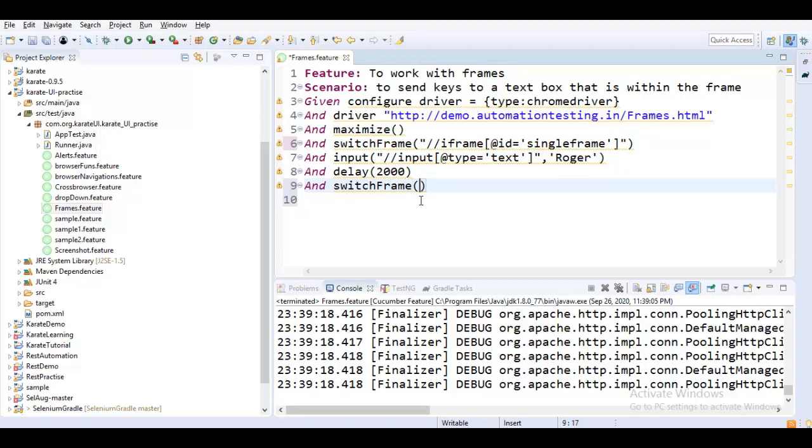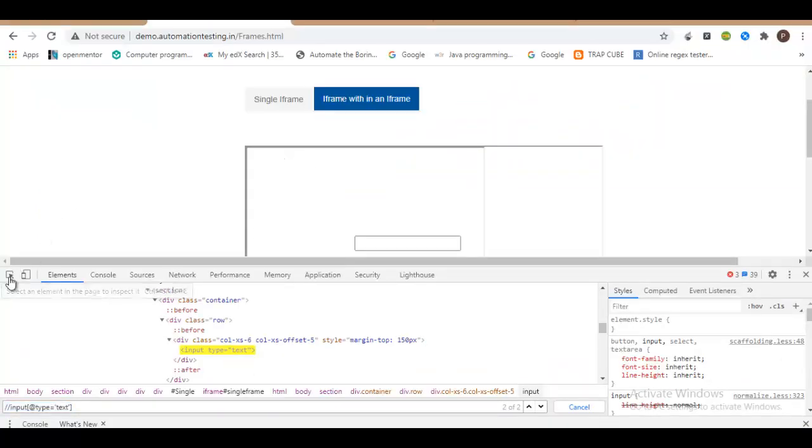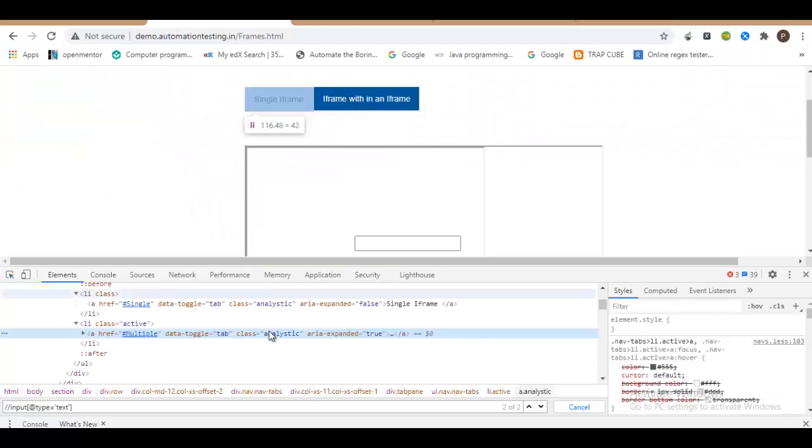It was already told in the documentation that in order to switch to the default content from the current frame, you have to pass either the value null or a negative integer value, which is -1. So let's try with null and then click on that button to see whether or not we navigate to the other nested frame window.